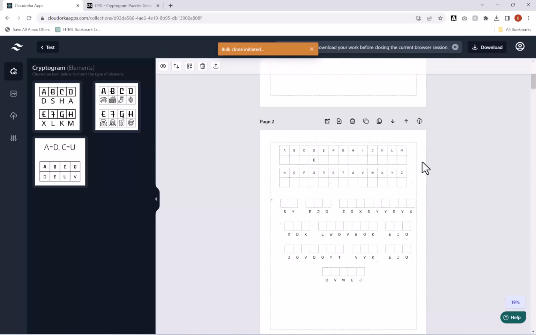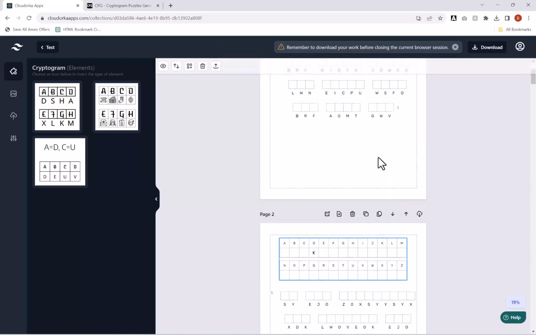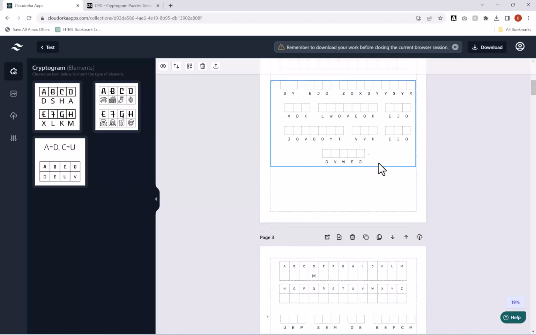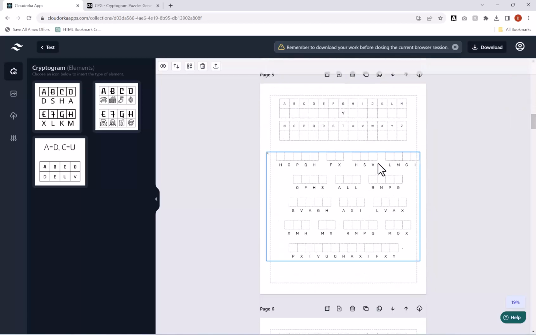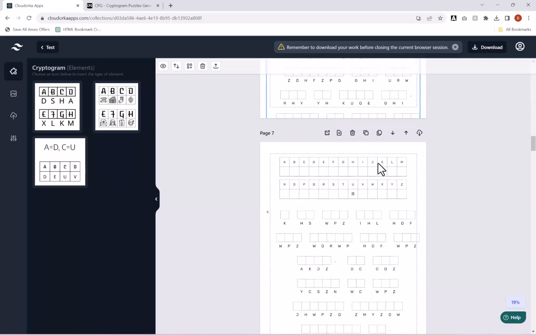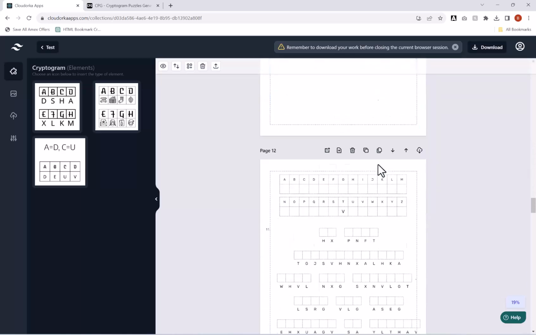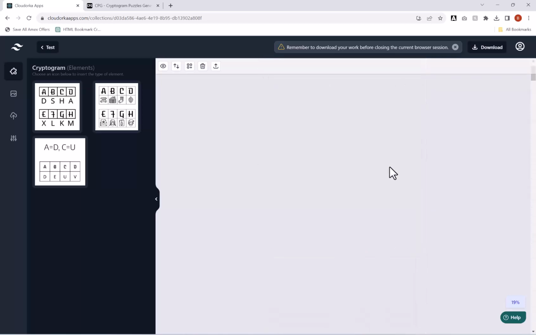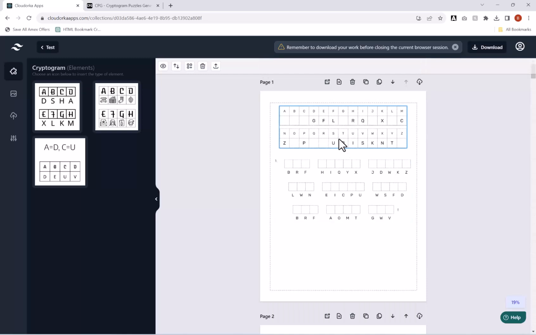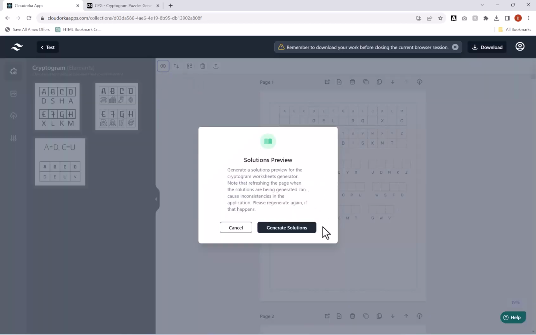Just wait for that to complete. And there we go. It's created all of the puzzles that I've put into the CSV format into the app, like so, all the way down. So you could then now, obviously you might have to go through and adjust some of the sizing, but you could now think, okay, that's great. That's my book done. If so, then you just hit show solutions here,